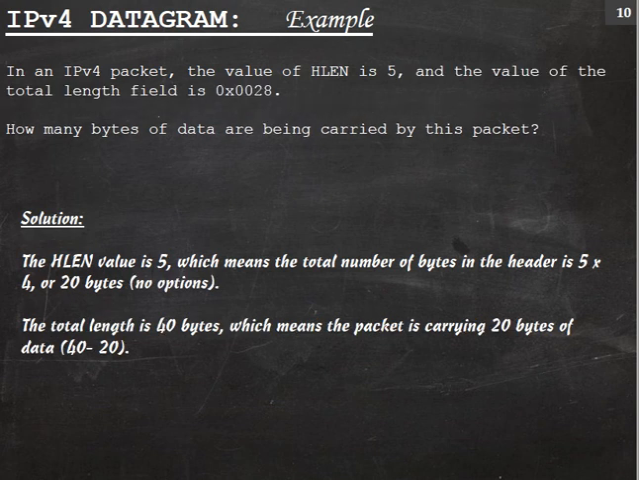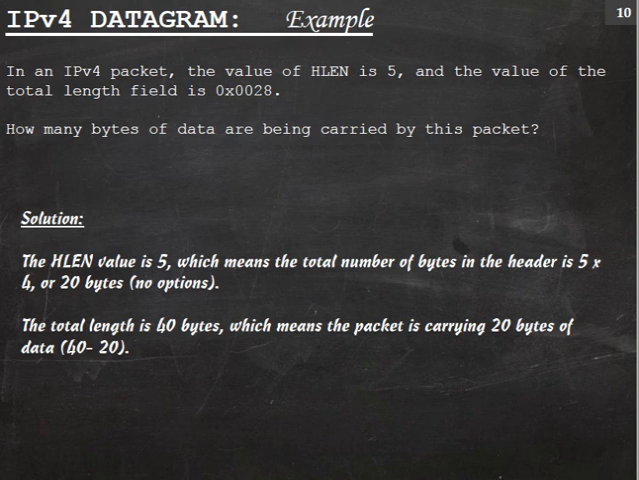We'll move to the third problem. Problem says in an IPv4 packet, the value of HLEN is 5, and the value of the total length field is 0x0028. How many bytes of data are being carried by this packet? So in this problem, the header length is given as 5 and the total length field is 28. You can see here it is written